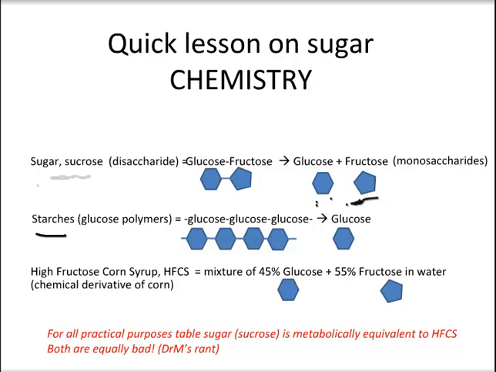Okay, so the thing I want you to keep in mind about HFCS, because there's a lot of confusion about this, is that from the point of view of the way our body handles it, it is essentially the same thing as table sugar, as sucrose. They're essentially an equal mixture of glucose and fructose. So I like to look at it that they're both equally bad. Well, you might wonder, what is the fuss about sugar?